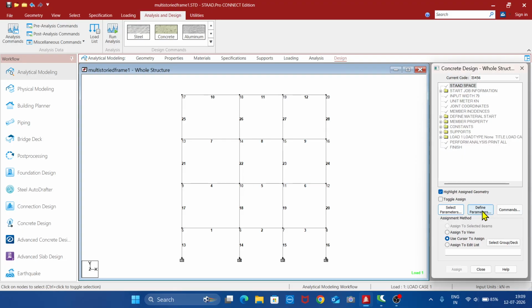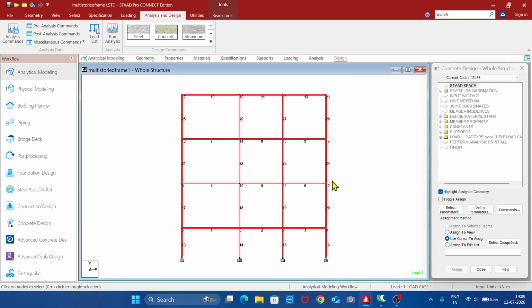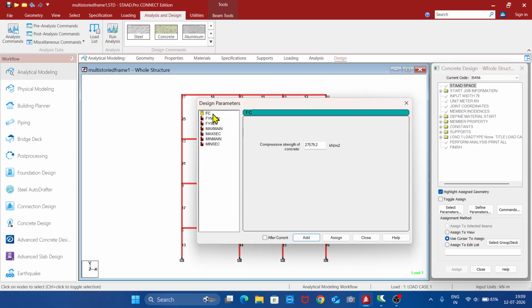Now before defining the parameters, select all the members by window drag or using Control A option. So all the members are selected. Go to define parameters. So I'm going to give an M20 grade concrete. So 20,000, click assign, say FY main. I'm going to do 415 grade steel. FY secondary. So all the units are in kilonewton per meter square. Therefore, otherwise 415 Newton per mm square, in kilonewton per meter square,